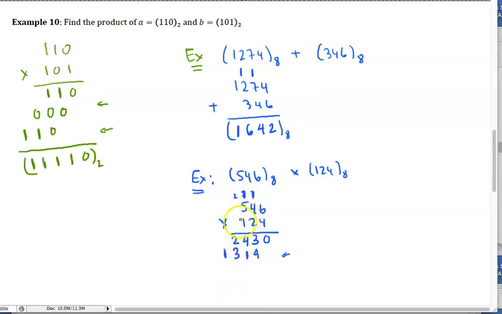Okay, let's do this last one. 1 times 6 is 6, 1 times 4 is 4, 1 times 5 is 5. Now we need to add these up. Okay, so I get a 0, and I get a 7, and then I get 11. 11 divided by 8 is once with the remainder of,